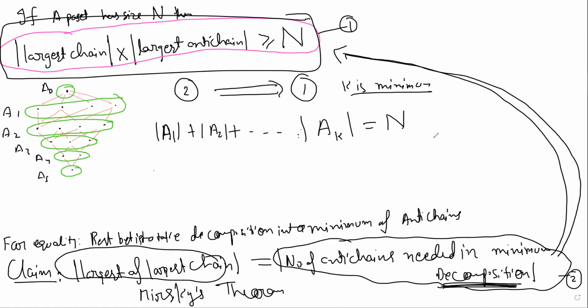Yes, right. So if there are K items here, you just pick the largest antichain, right? Let A1 be the largest. Then obviously the LHS. So yeah, this is the way these inequalities come.